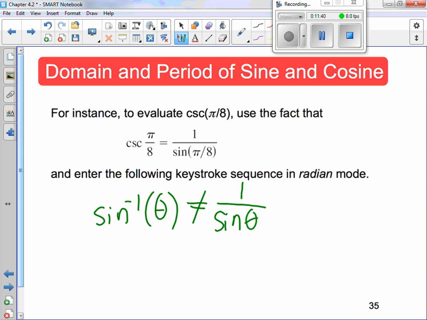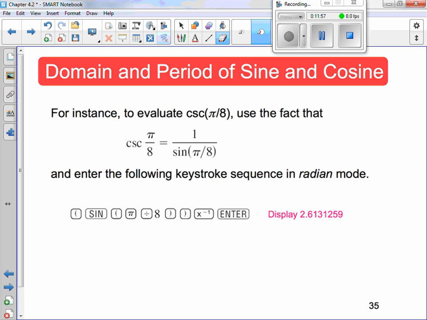These here are not the same. What is this? The left side of this actually is the inverse. That is the inverse, so we're not actually using that. Now, you can use this button here, because it works out that sine